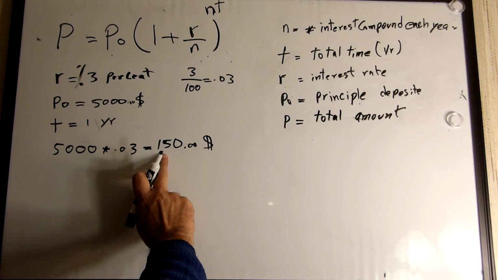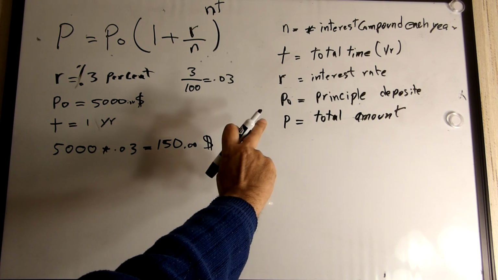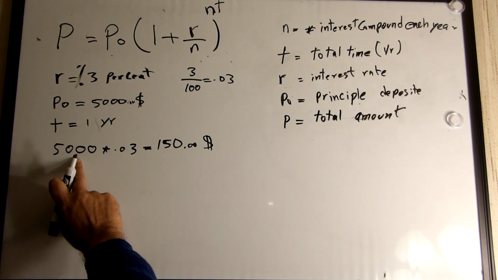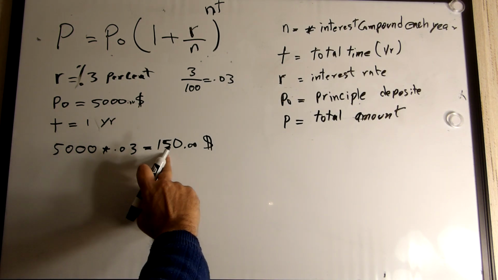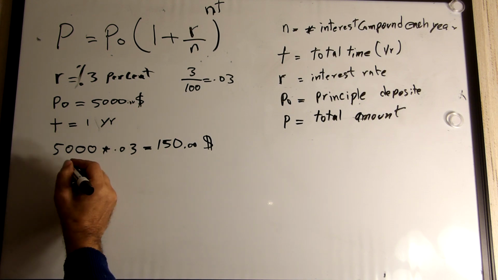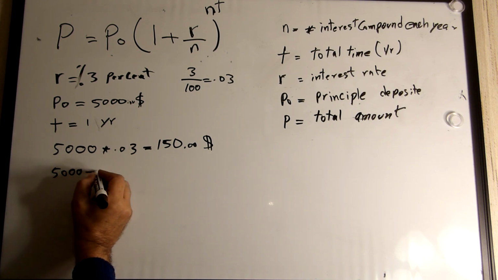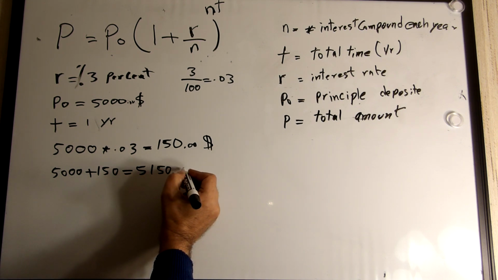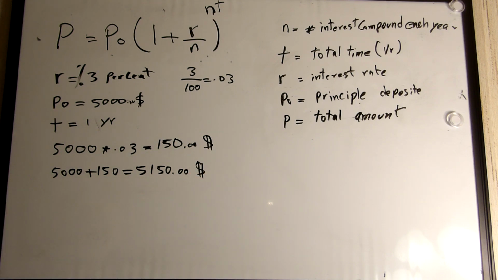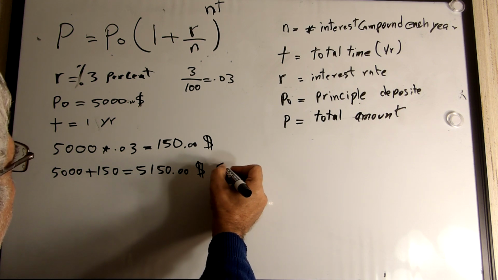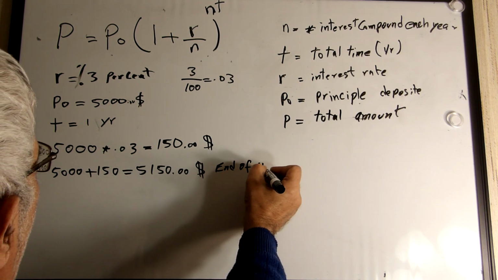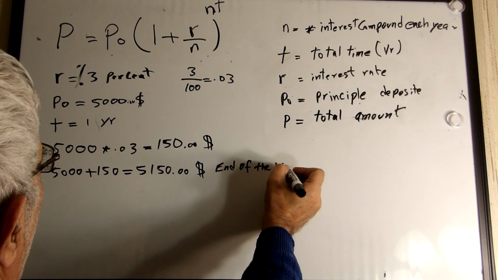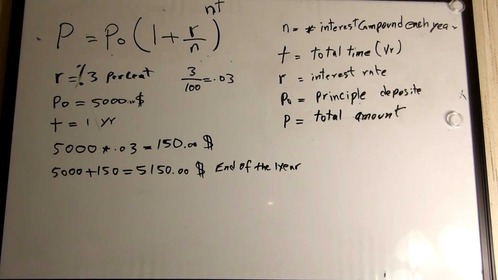So this is just the interest, but the principal, the 5,000, the money you put in, plus the $150 interest. So altogether your money is going to be 5,000 plus 150, $5,150. So at the end of 1 year, you're gonna have 5,150. Okay, suppose that you put it for 2 years,